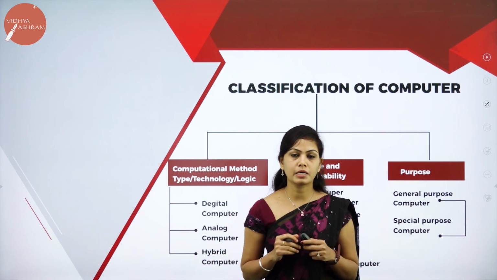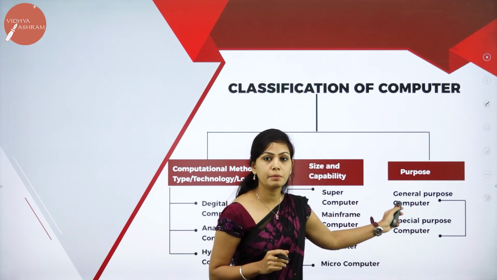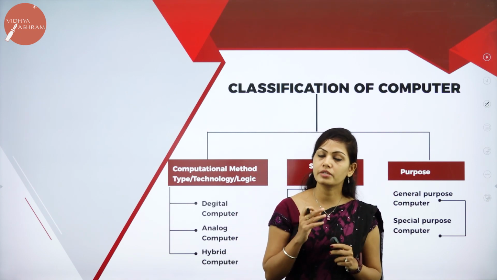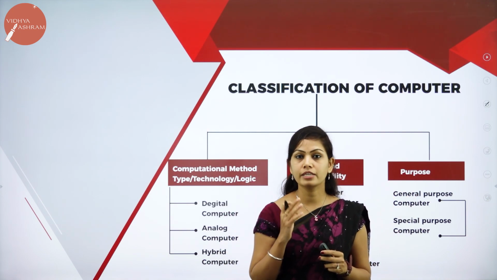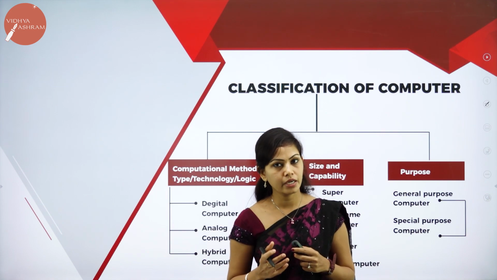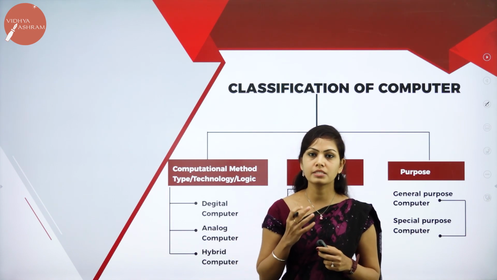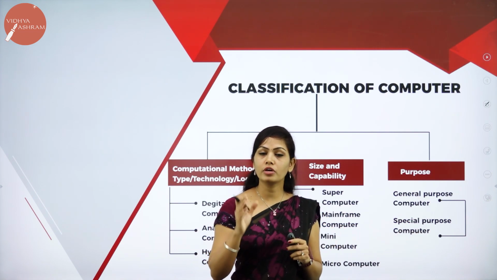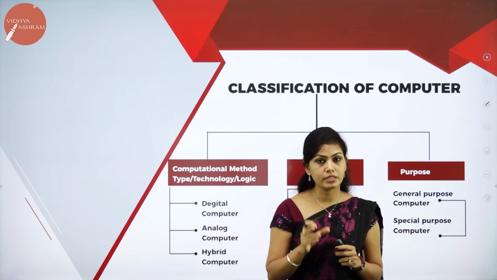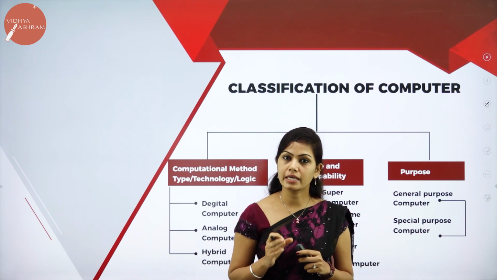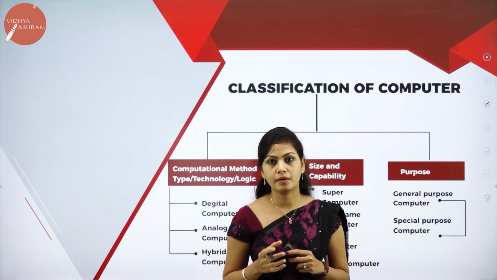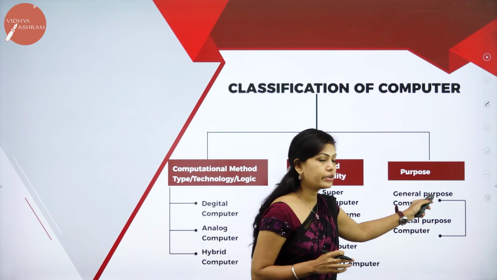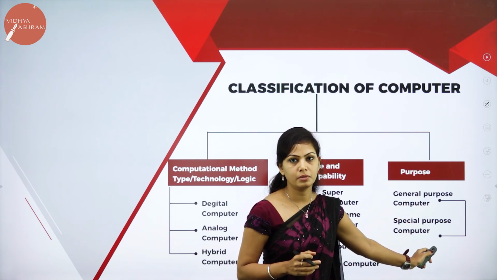What are general purpose computers? These general purpose computers are used for general and basic work like drawing pictures, preparing invitations, preparing documents, etc. And specific purpose computers are designed for specific tasks like weather forecasting, medical diagnosis and research. This is called general purpose and specific purpose.